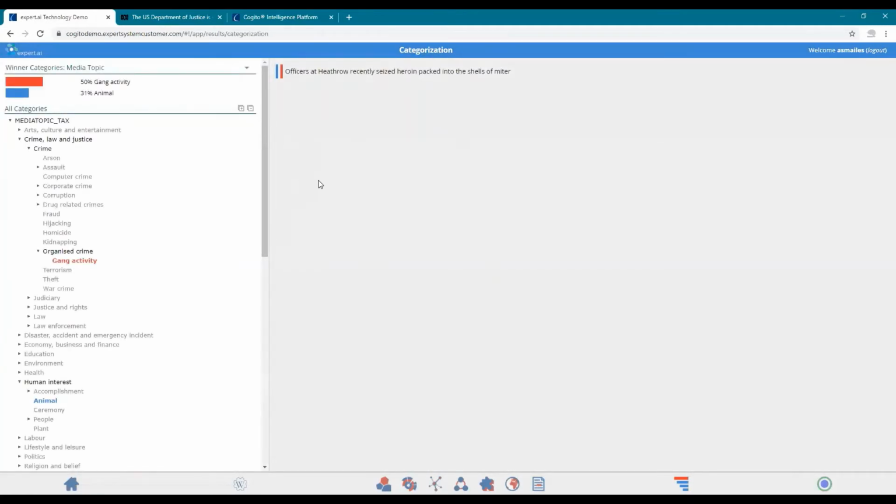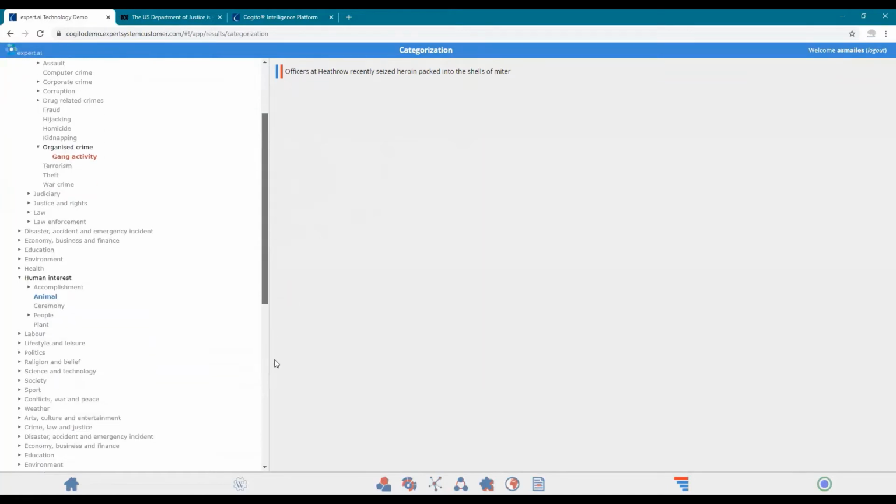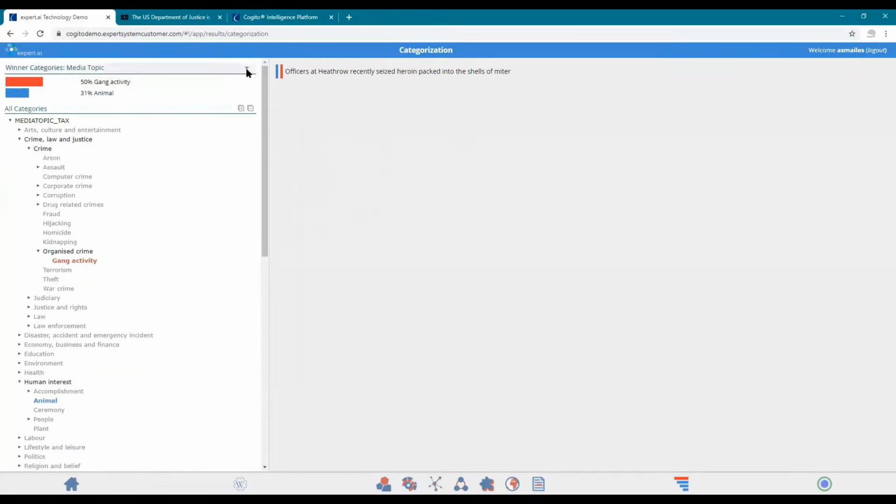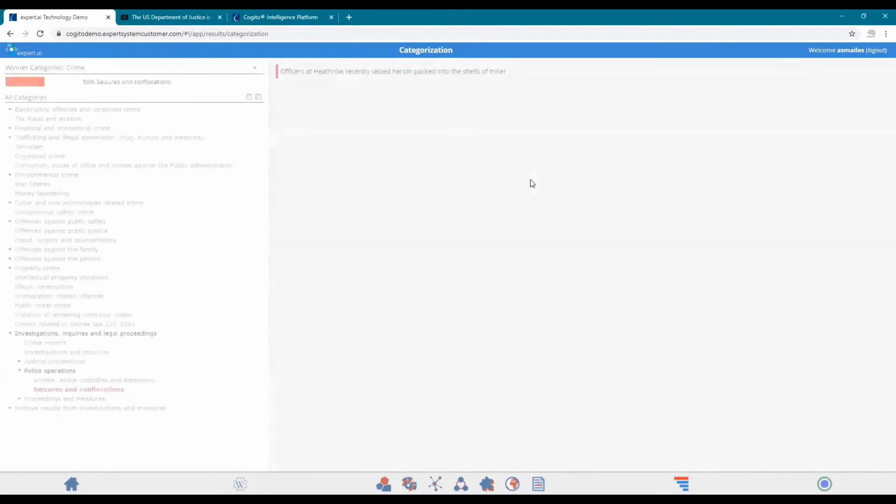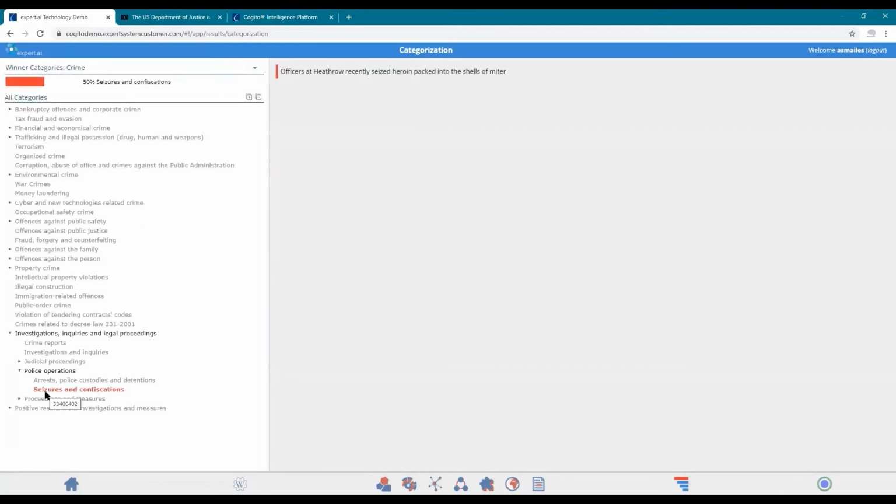So here's the first one, a media taxonomy. And so it's classified this sentence here as about gang activity and animals. And then go to the crime taxonomy. You can see it's classified the sentence as about seizures and confiscations.